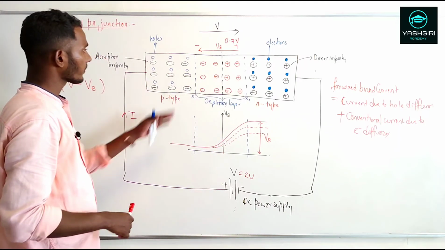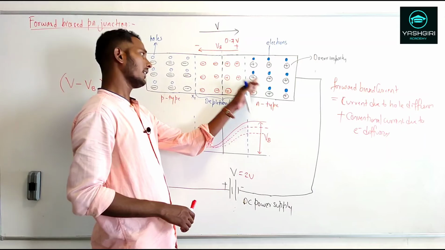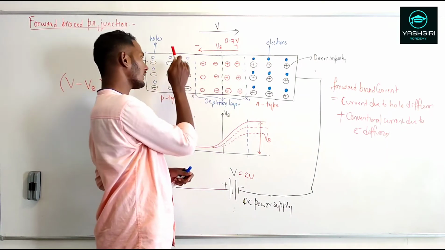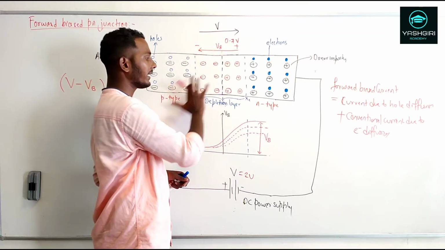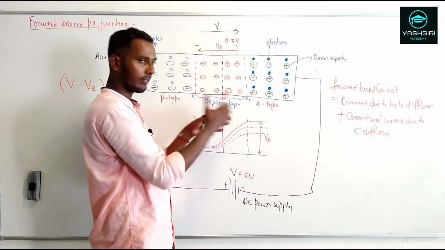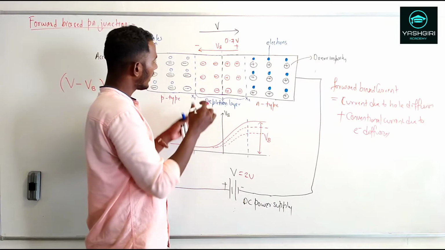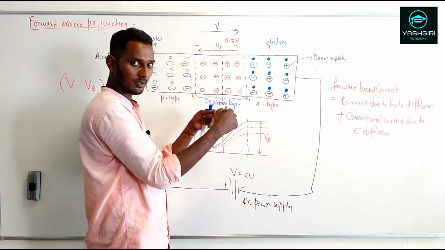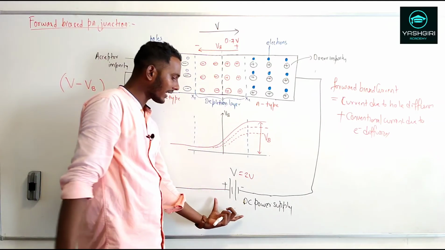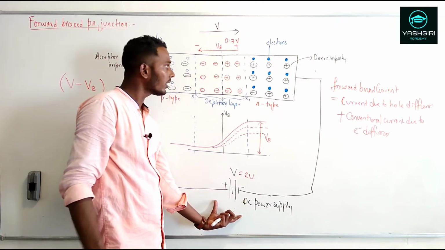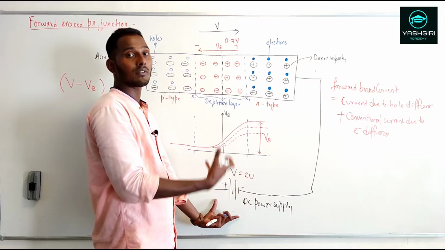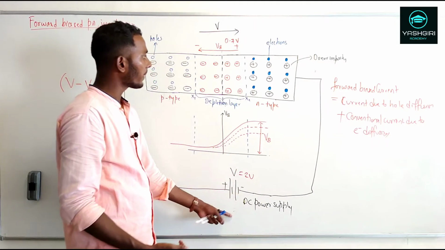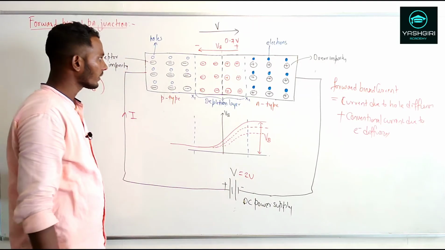So here, now if you see this, there are electrons moving from n-type to the p-type. At the same time, holes are also moving from p-type to the n-type. So both are getting recombined. When they get recombined, they should actually get neutralized, right? But at the same time, we are supplying some external power supply over here. So again, there will be a creation of electron-hole pairs. All right, so electron-hole pairs are created at the same time.